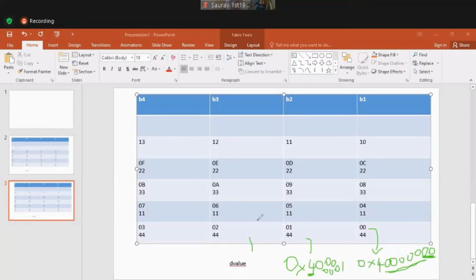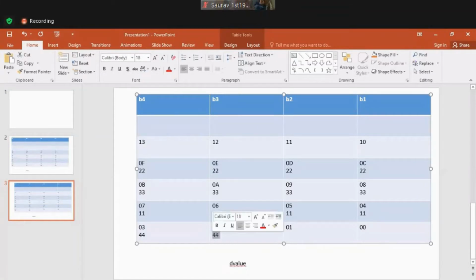Now this is my D value. Definitely, what is the initial state of this D value? It will be empty, right? Because I have not copied anything yet. So I will delete this. I hope you understood the address part, decoding the address part, correct? So I will be deleting this, because I want you to understand every single step. For that reason, I have to delete all this.